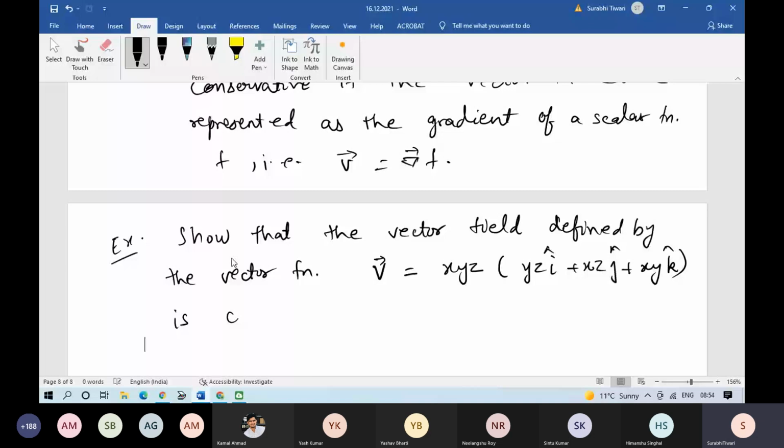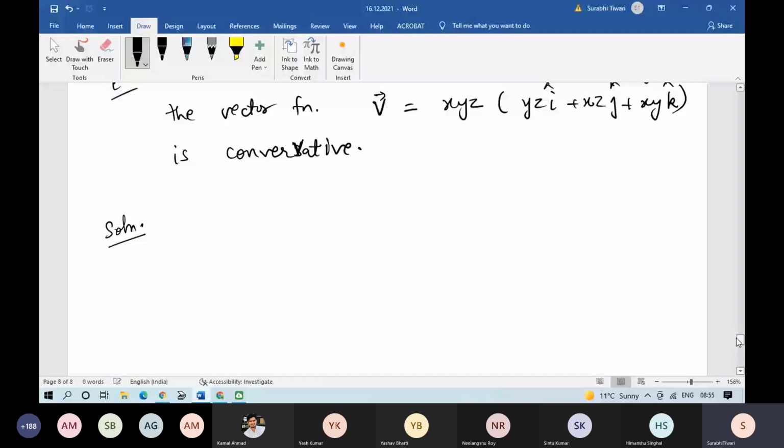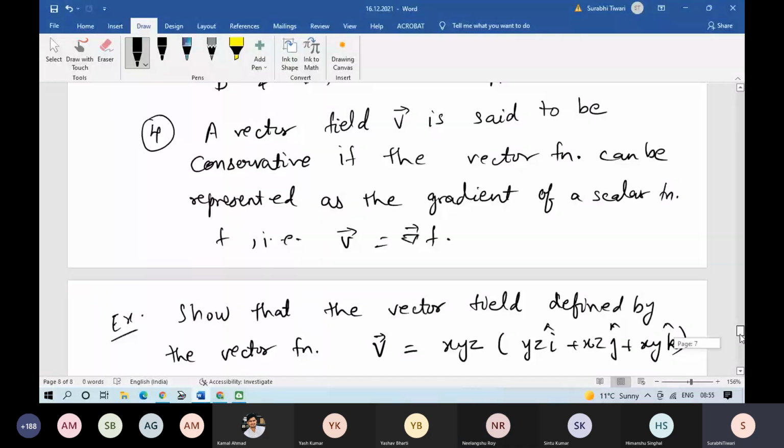ठीक। तो हमें क्या दिखाना है कि v को रिप्रेजेंट करना है एज ग्रेडियंट ऑफ f, किसी फंक्शन का। Can you please scroll up a bit? The last information. Yes, ma'am. ठीक है।